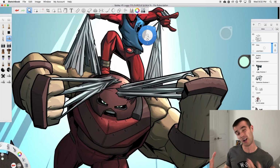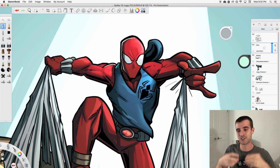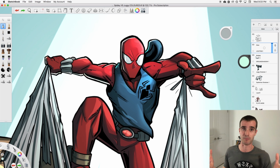So even though I'm calling this section rim lighting, it's really rim lighting and final details, just all the last things I'm doing as I look at the piece and go, okay, what do I need to do to make this feel a bit more finished? But I do start with the rim lighting, and to do that, I make a new layer, change the blending